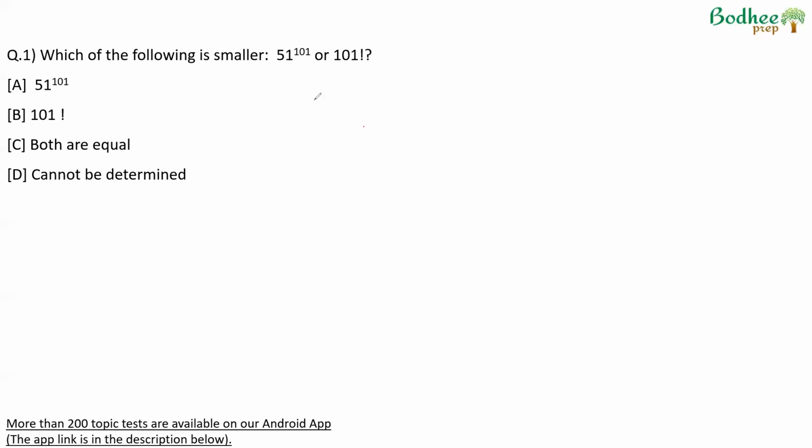first question says, which of the following is smaller? 51 raised to power 101 or 101 factorial? 101 factorial is nothing but 1 into 2 into 3 into 4 and so on till 101. 51 raised to power 101 is 51 into 51 into 51, 101 times. Now if we rearrange this, we'll get 1 into 101, 2 into 100,